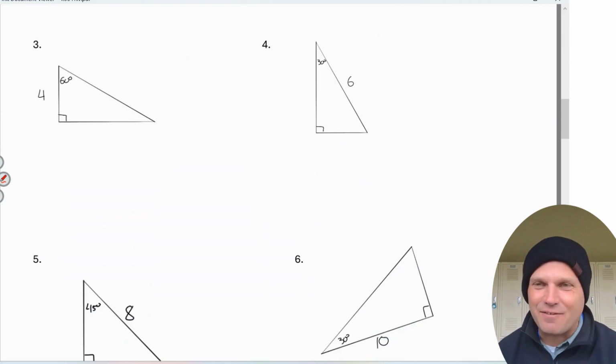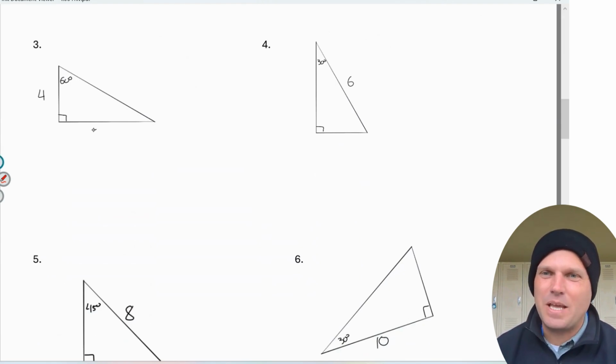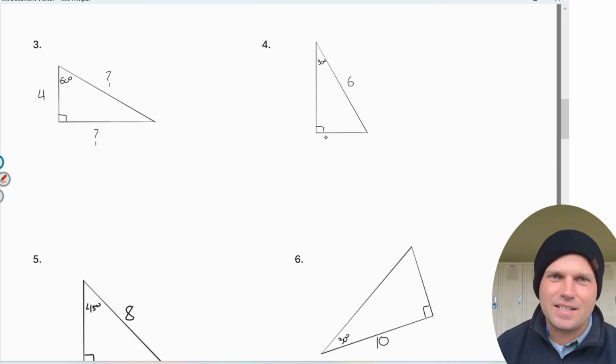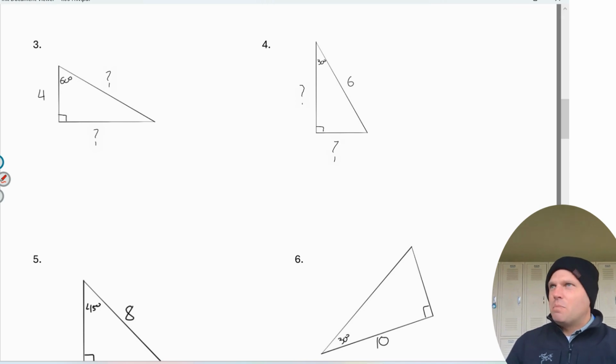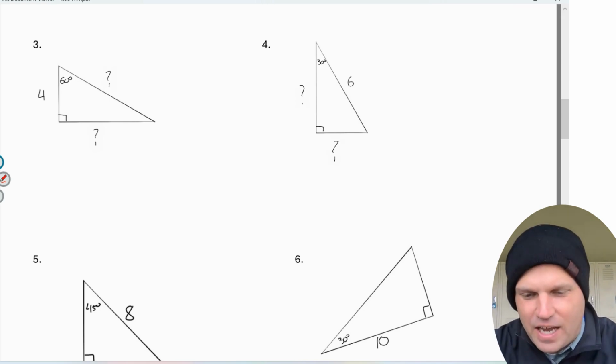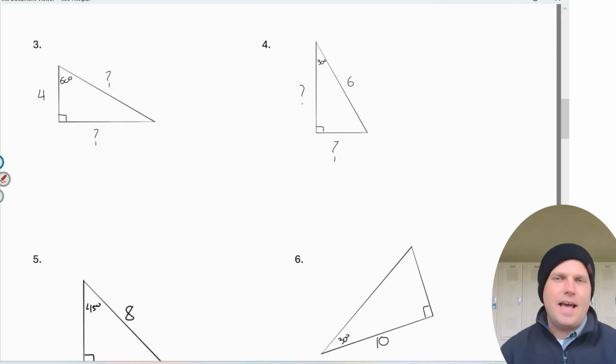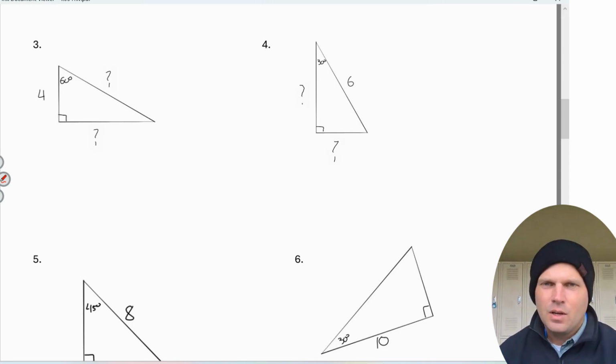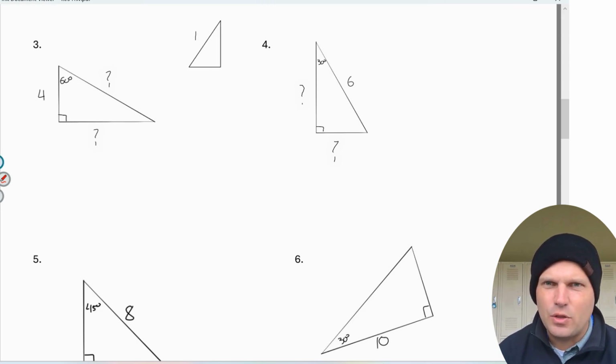Okay, so now it's our responsibility to be able to find missing side lengths of a 30, 60, 90 triangle. Because we already have one that we have to know, you have to memorize and then be able to scale. Whether you start with your 30, 60, 90 triangle with 1, a half, and root 3 over 2, or you start with your 30, 60, 90 triangle with